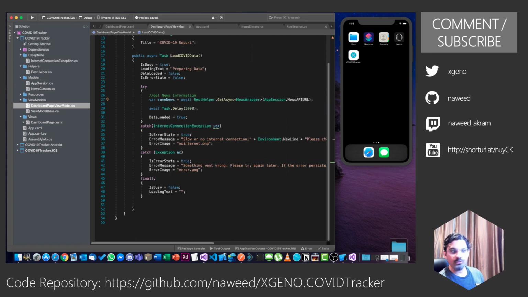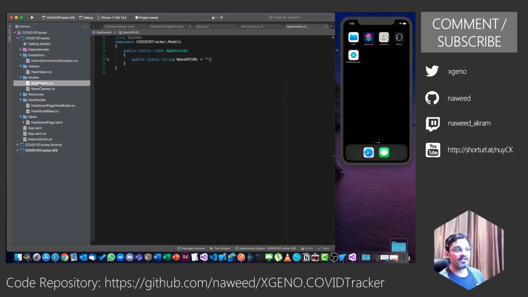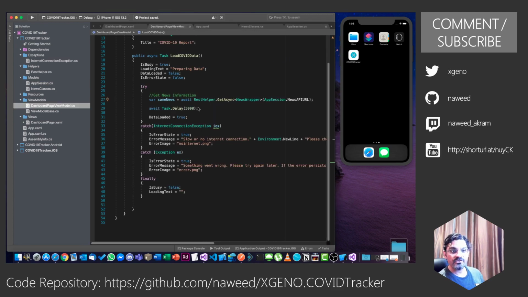So it also looks cleaner over here and is easy to maintain. So of course nothing has changed, it is the same thing. Let's remove this.